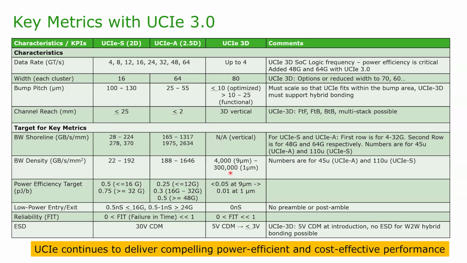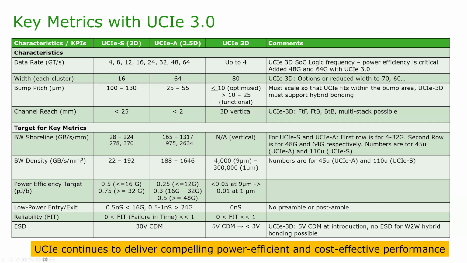And look at these numbers. We start at 4 terabytes per second per square millimeter, and we go all the way up to 300 terabytes per second per square millimeter. And this is after taking out the overhead like VSS ground, all of that. And by the way, for these, the numbers for 2D, 2.5D are at 45 micron and 110 micron